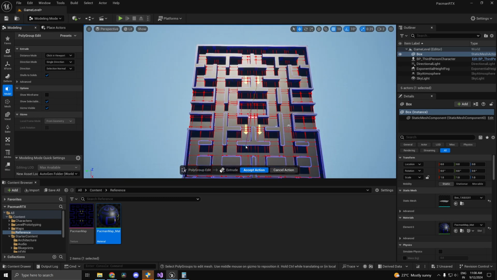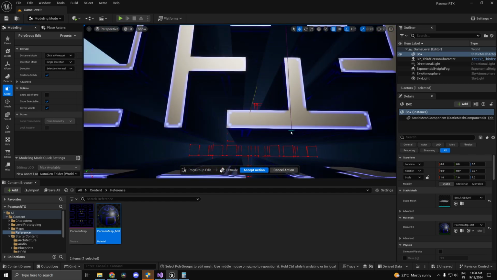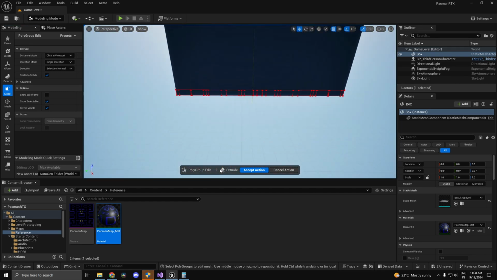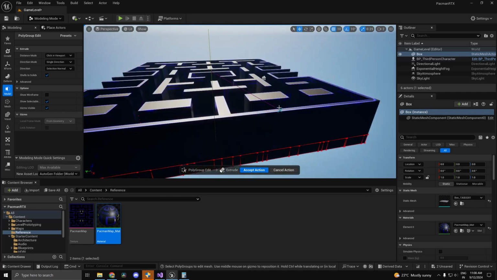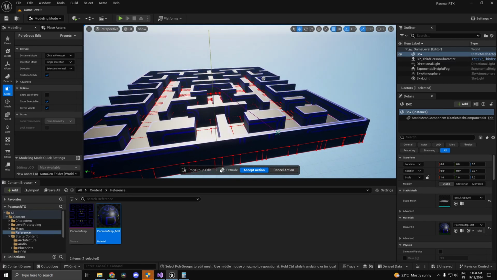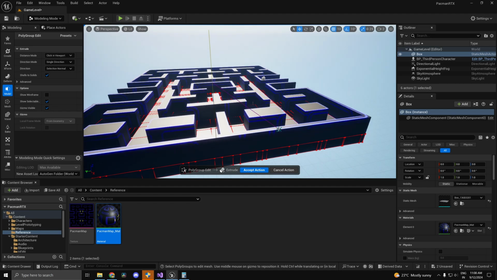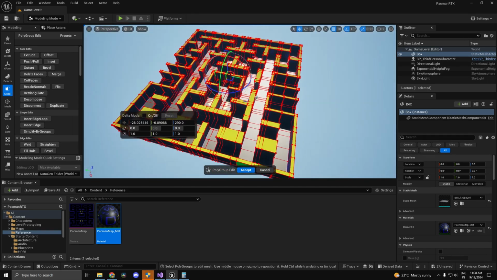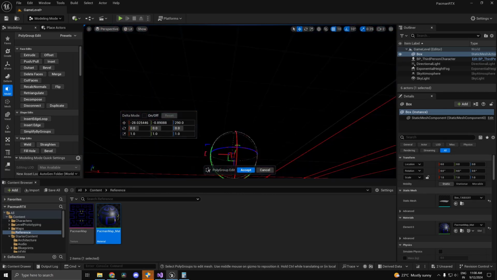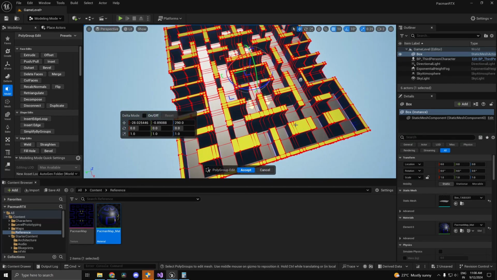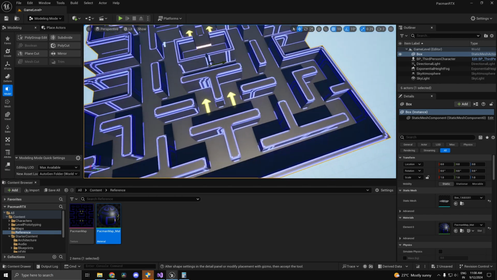I'm going to do it to about, so let me go ahead and see the reference over here. Where's my character? Just a little bit more than the character height, so maybe about there. This much should be sufficient. As you can see, we got the whole Pacman map. Now if we go ahead and accept this edit, as you see, we have a very clean looking